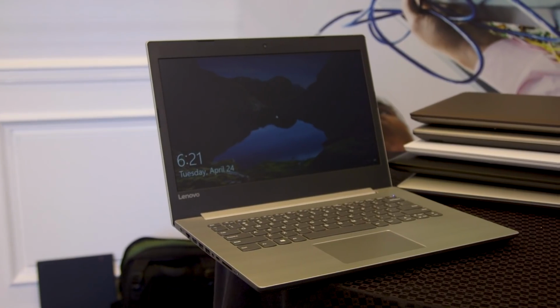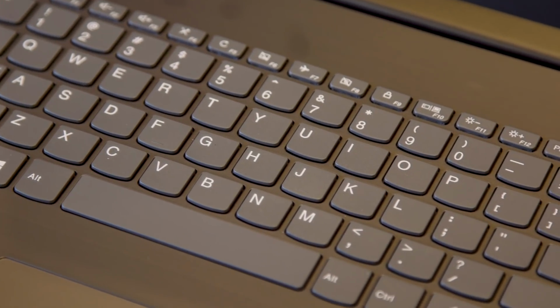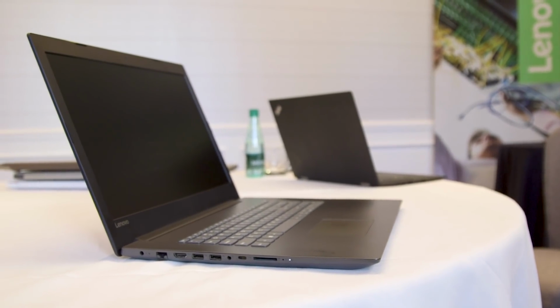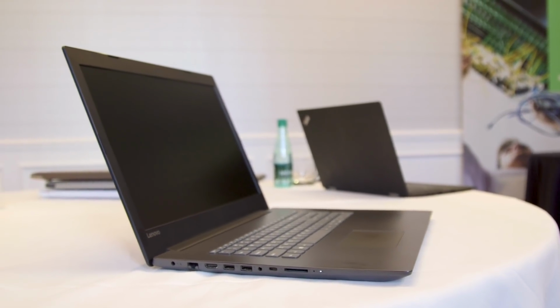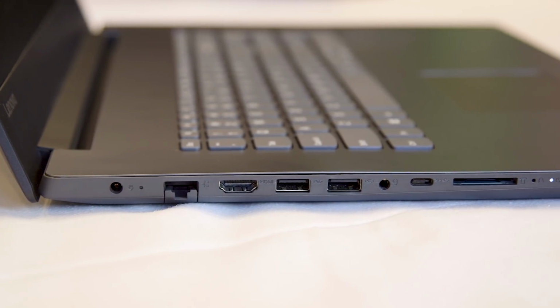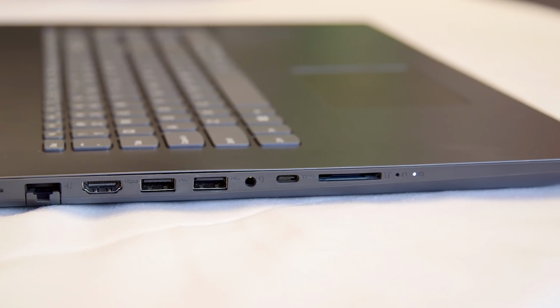It comes in 14, 15, and 17-inch sizes. It has an Intel Kaby Lake Pentium processor, and it has HD and HD Plus screens. The 330 weighs about 4 pounds and has up to 5 hours of battery life. As for the ports, it has 2 USB Type-A ports, 1 USB Type-C, an Ethernet port, 2 speakers, and Dolby